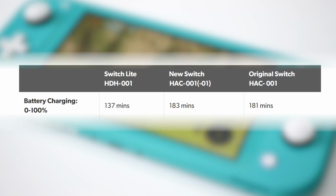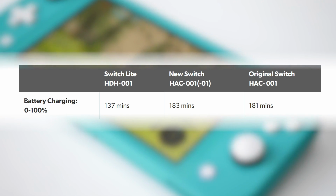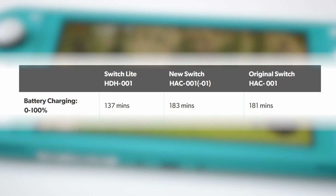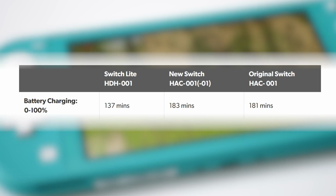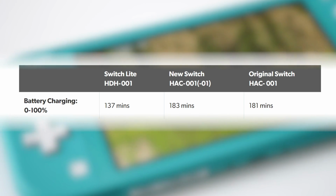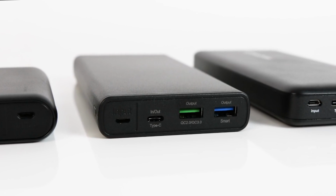While the Switch Lite is still relatively slow to charge compared to smartphones and the like, the fact is that it gets you back to full capacity 45 minutes faster than the original model. As it's USB-C based in terms of charging, external power banks still work just fine for extended play sessions. Now, this was something of an essential add-on for the OG Switch, and I suspect it'll prove just as useful